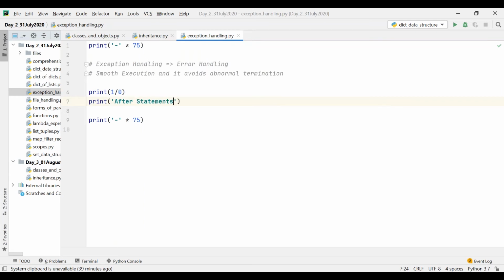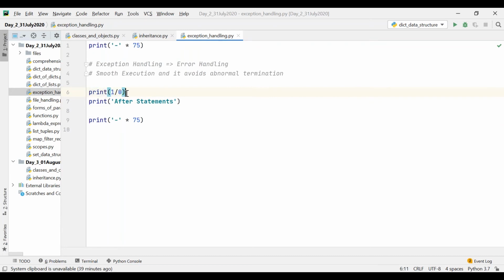Now consider I have one statement like print 1 by 0, and then print after statements. This is an error scenario, because we can't divide by 0 in a programming language.